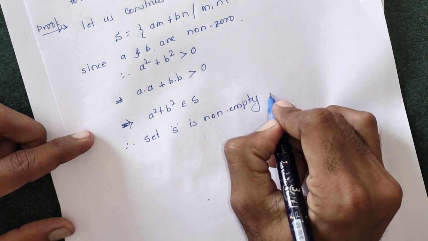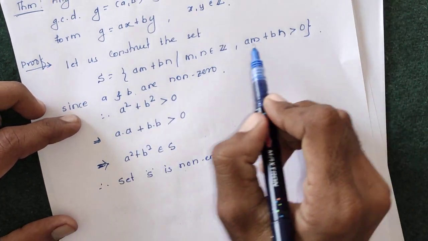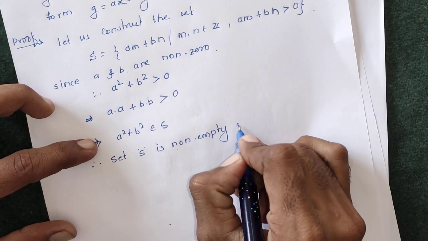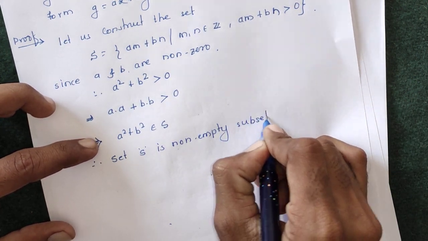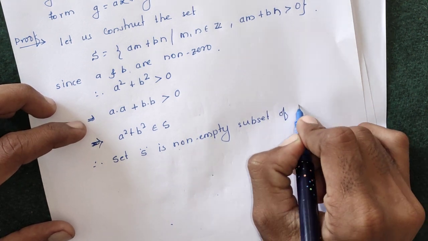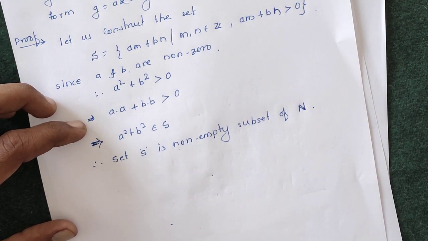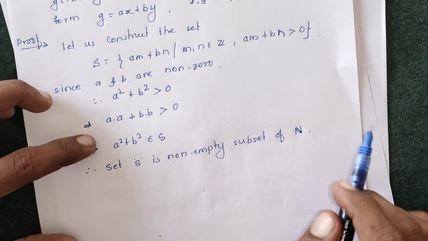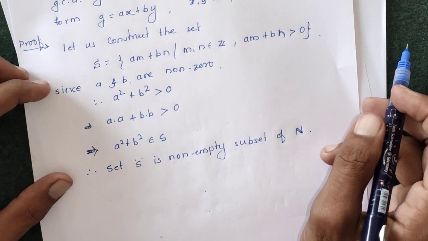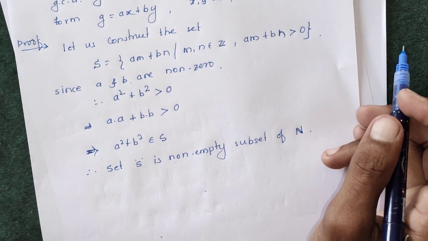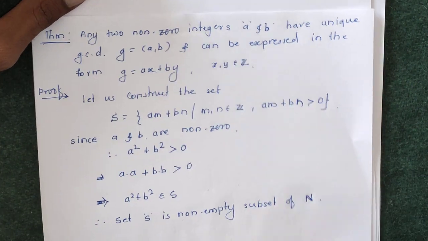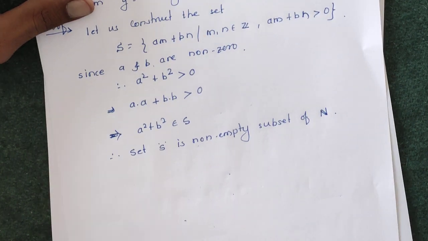All integers in this set are greater than 0. So set S is a non-empty subset of positive integers, that is, a non-empty subset of natural numbers. The set of natural numbers starts from 1, 2 and so on. am plus bn is an integer and greater than 0, so all integers greater than 0 start from 1, 2, 3 and so on. So S is a non-empty subset of natural numbers. Therefore, by using the well ordering principle,